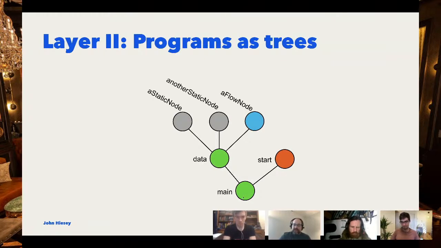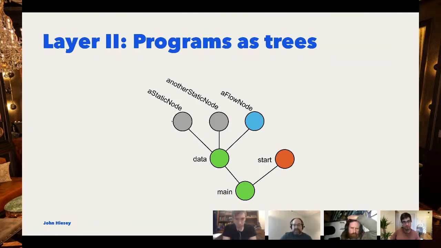And then inside, there's a few different kinds of nodes. I'm going to call this start. This is an imperative method. So this is something you can call. And then there's other kinds of nodes. These are essentially variables that you can read and write. So think about in a spreadsheet, just the cell that you type a number into.